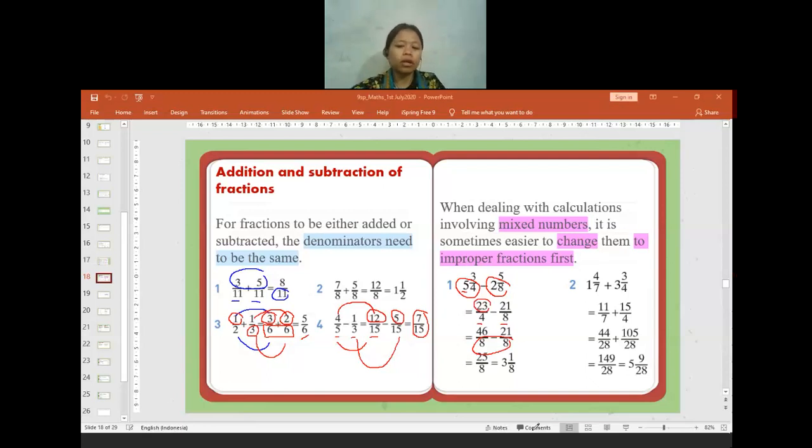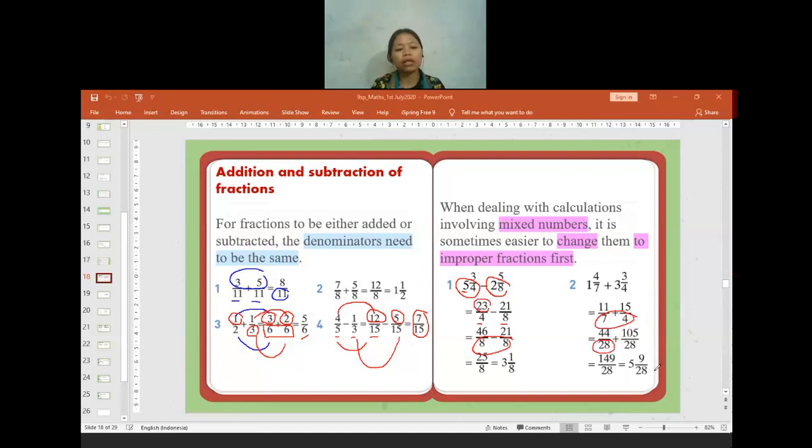If no one has difficulties, for the addition, also do the same thing. You can change the number into improper fraction and then plus them. After that, we have to change it into the mixed number. Please check the denominator. You have to make sure that the denominators are equal first. 7 and 4, they are not equal, so I have to find the LCM, which is equal to 28. So here is the final answer.